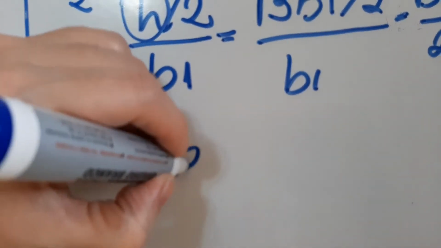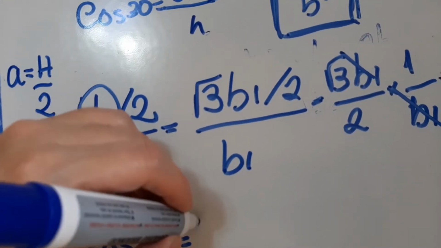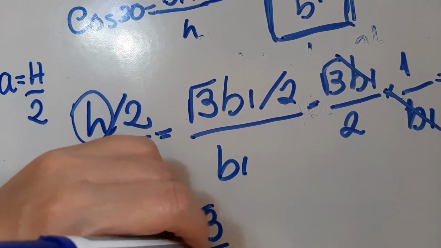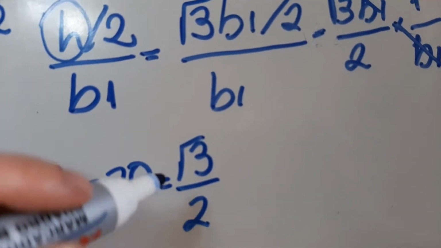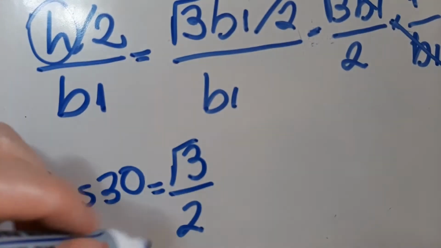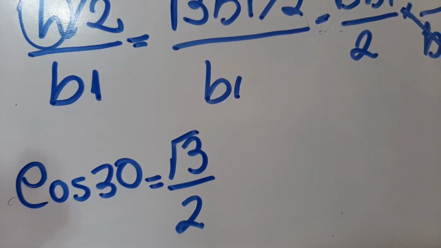So the cosine of 30 is the root of 3 divided by 2, and this is also the sine of 60,